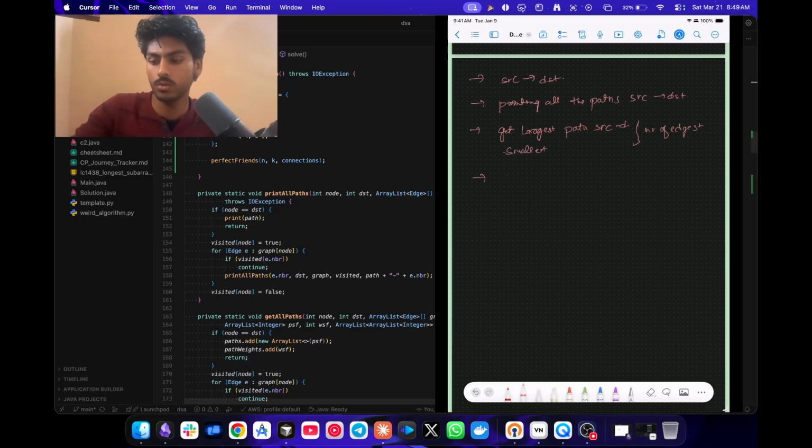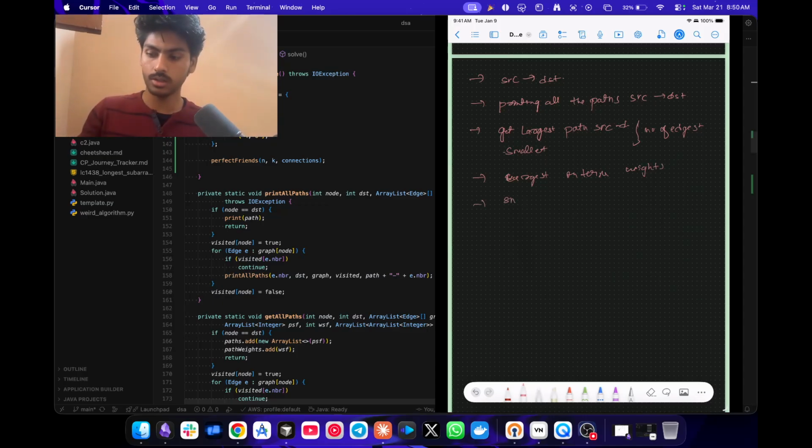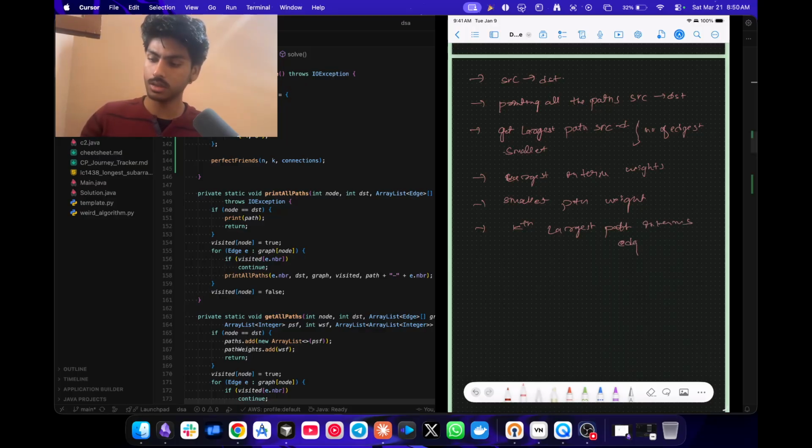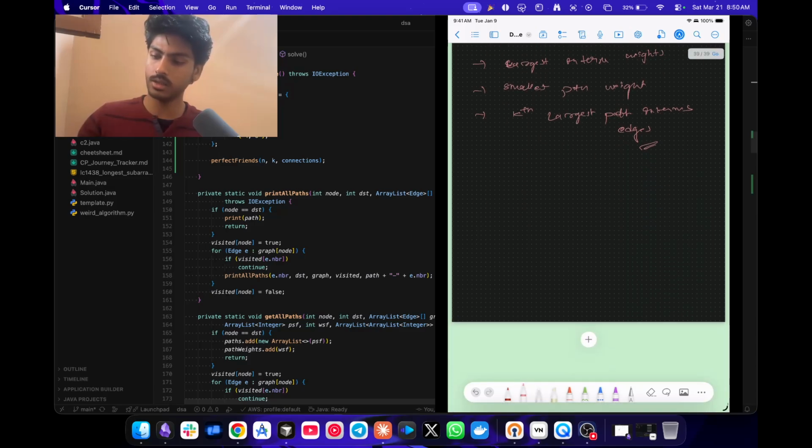And then we will move on to the largest path in terms of weights, and the smallest path in terms of weight, and then the kth largest path in terms of edges. We will be solving these on a